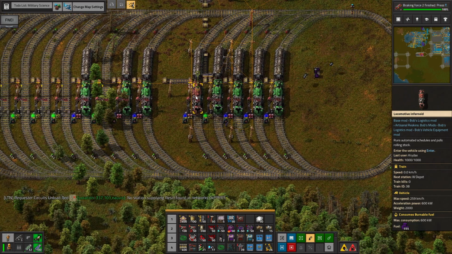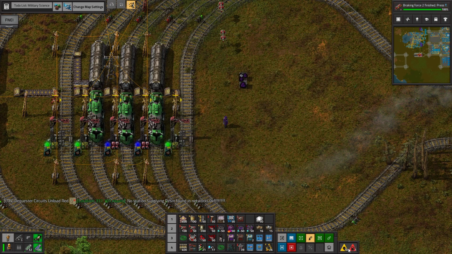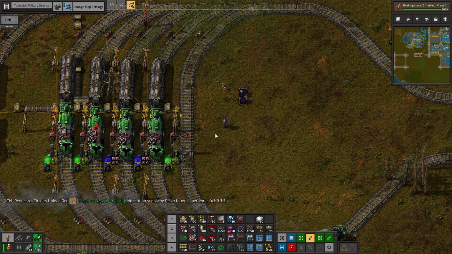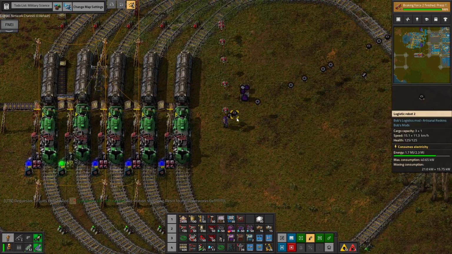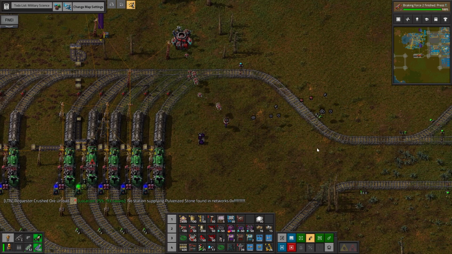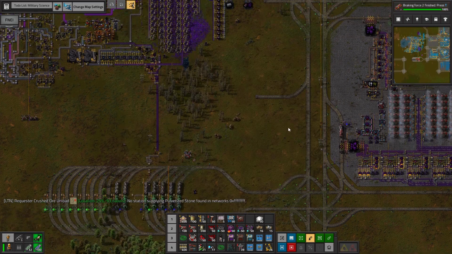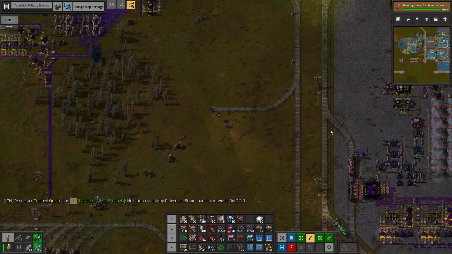Okay, you need to be taken care of. No station supplying resin. That's weird. Haven't run out of resin in a while. Pulverized stone. It's been a long time since we ran out of that, too. I still have another 150,000, so...